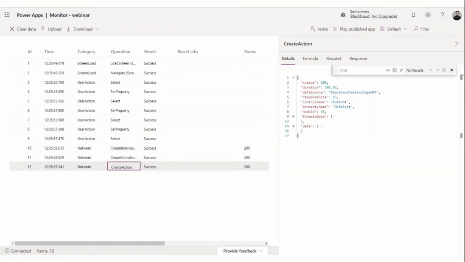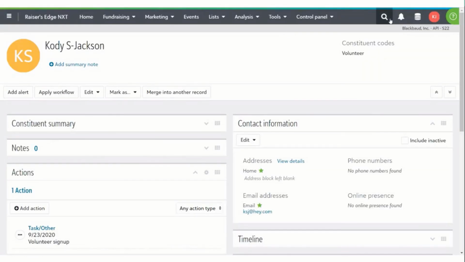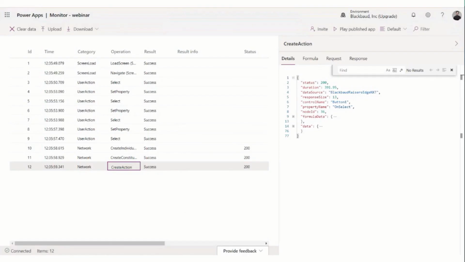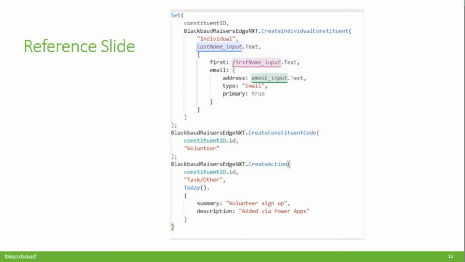The create action was successful. If we test, okay, apparently we made a lot of tests in preparation for this webinar, but you get the idea. You can see what's happening under the hood. And it just makes it a lot easier to find potential issues when you don't have that Power Automate workflow in front of you.